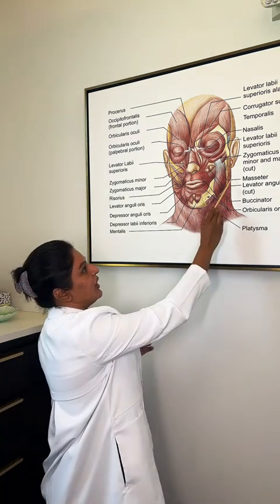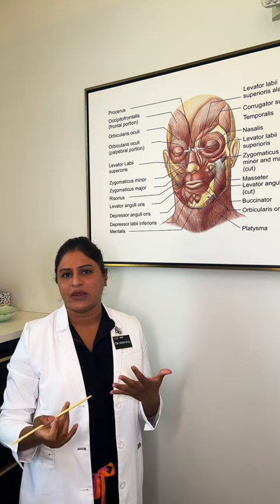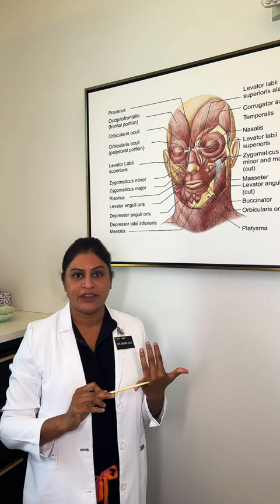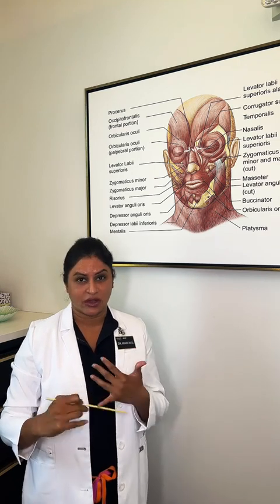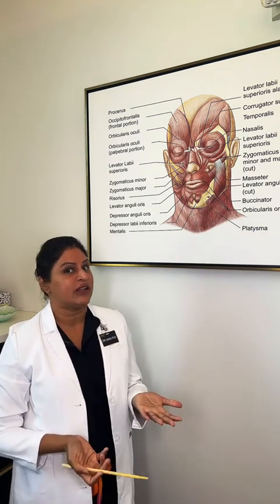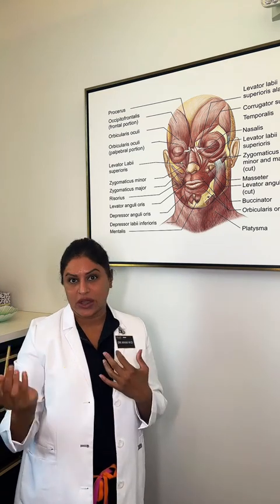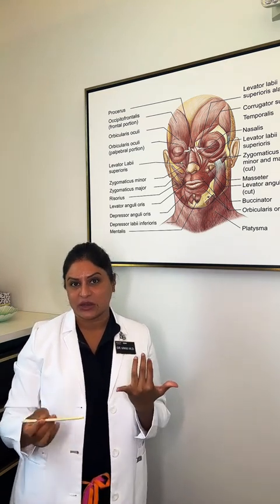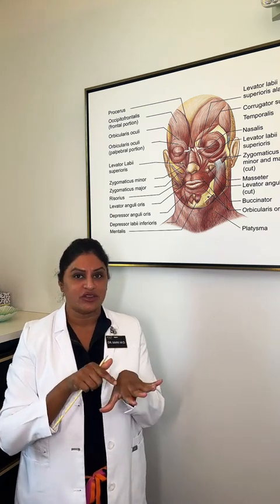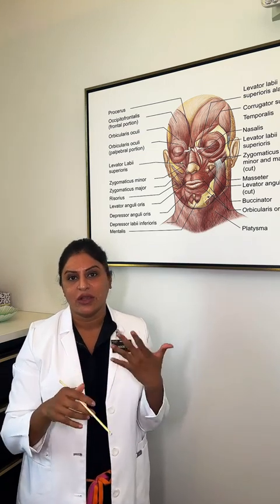Okay, so jawline, I like to use again Lift, like a little stronger high G prime fillers, such as Restylane Lift or Restylane Contour or RHA4. Those are harder fillers. I like to use also cannula technique, which is safer, with fewer side effects like bruising or the other complications that we talked about, skin necrosis or blindness, because cannulas are blunt needles. They're not going to damage your tissue, nor are they going to penetrate into your blood vessel, so lesser